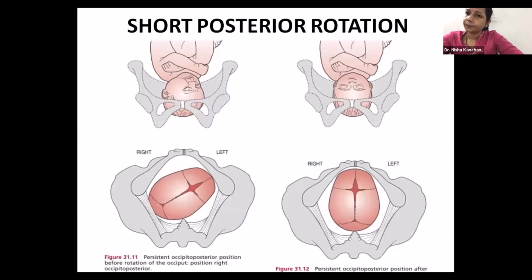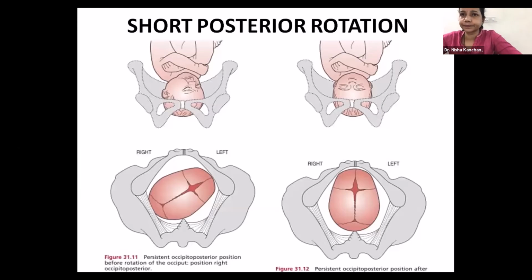Face presentation is a completely extended head, where, when you do PD examination, you will feel the face, the eyes and all down. This is still vertex presentation, but always the baby's face will move towards the sacral promontory. I told you, the occiput moves towards the pubic symphysis. In a very rare position from occipito-posterior, the occiput goes to the sacral promontory and the baby's face faces the pubic symphysis. This kind of delivery is called face to pubis delivery.